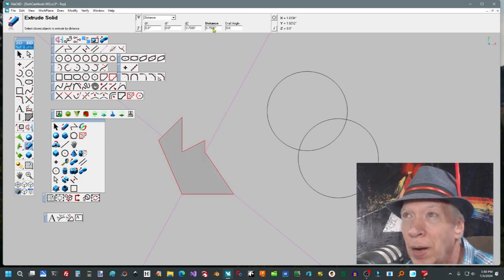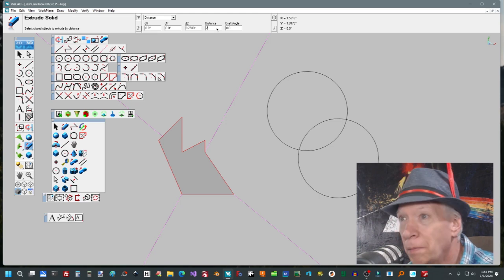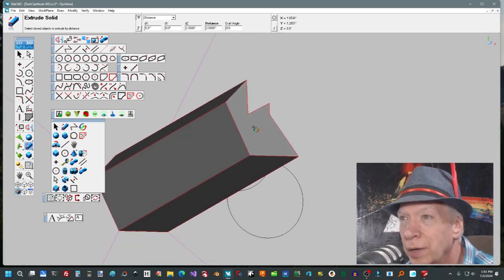I wish this was a parametric editor, which means that you can change things way after you've done it. So we'll make this 2 inches. I don't like the